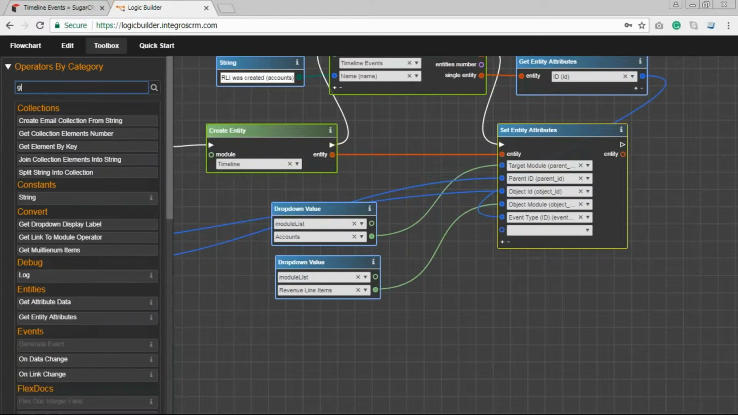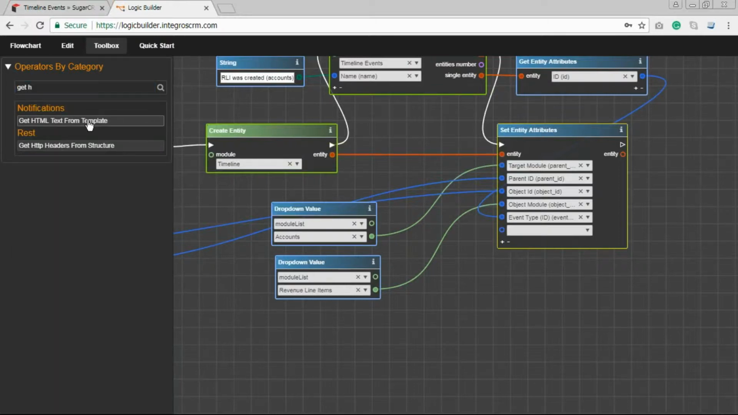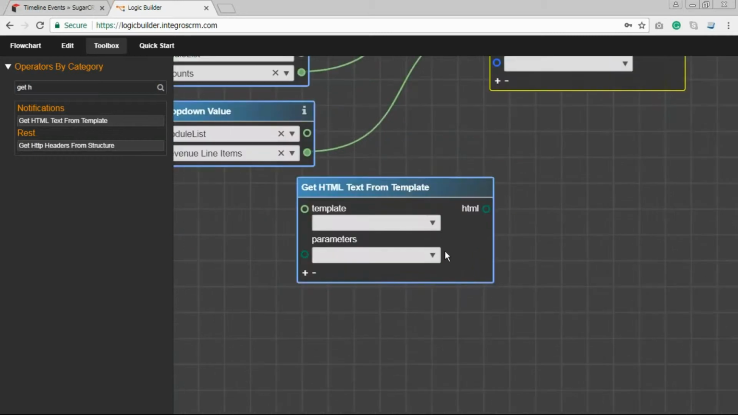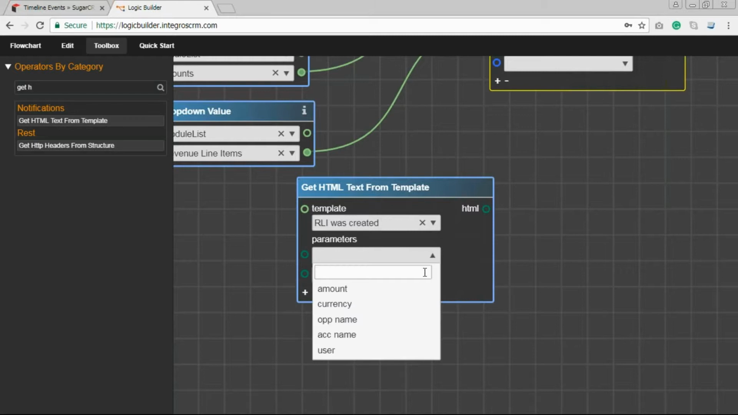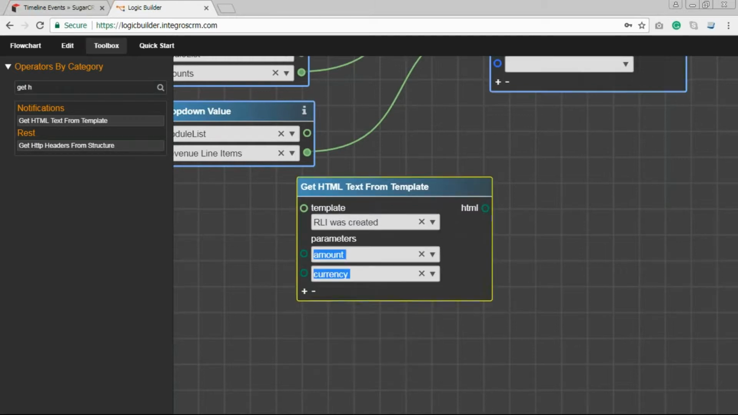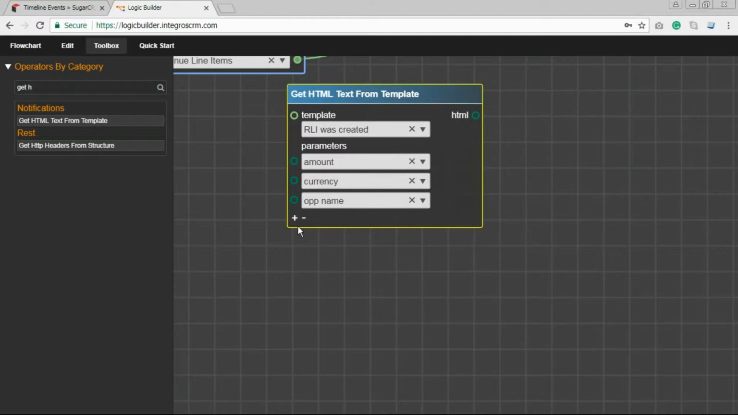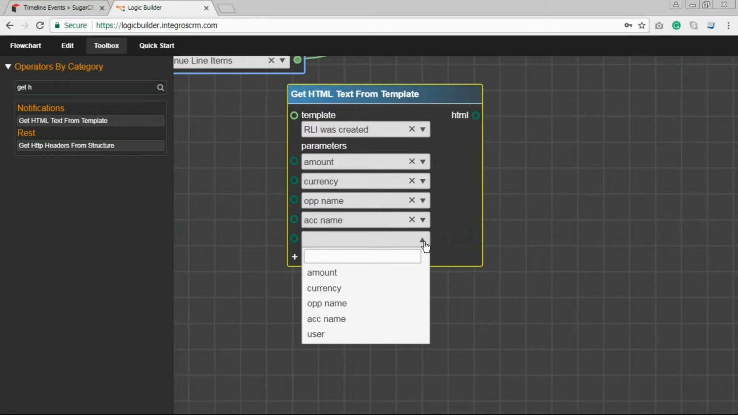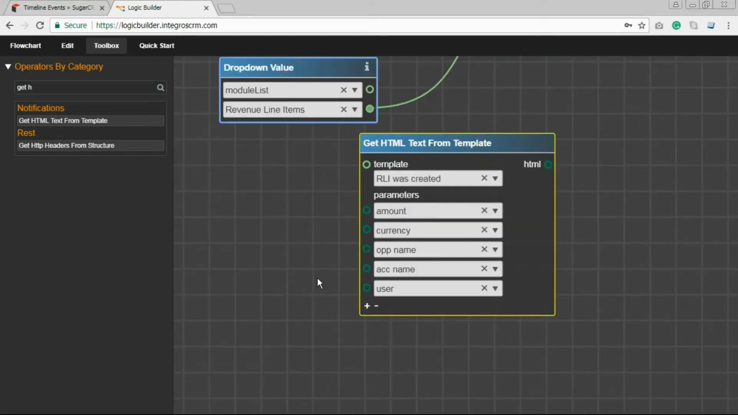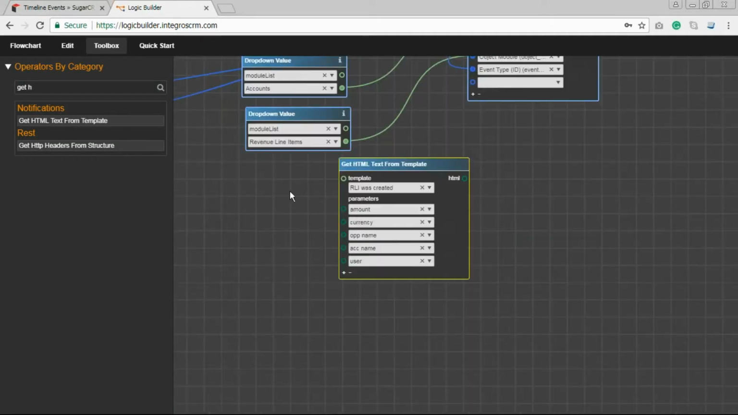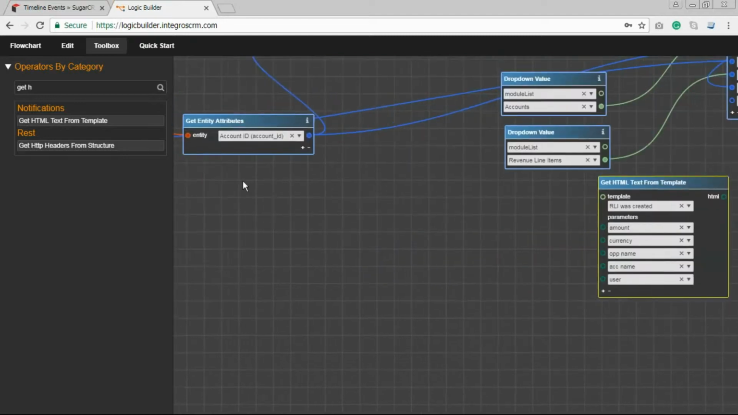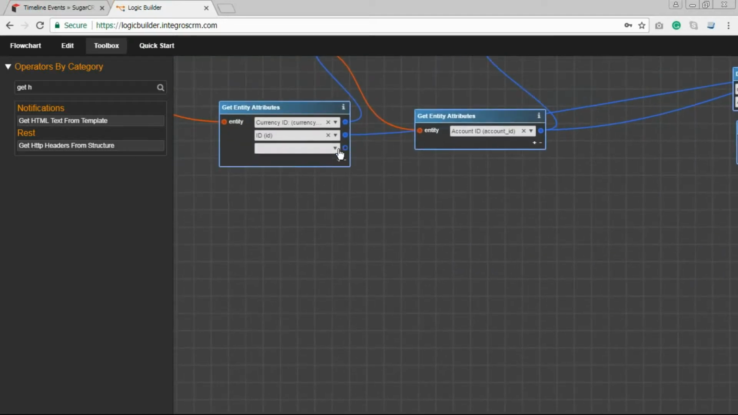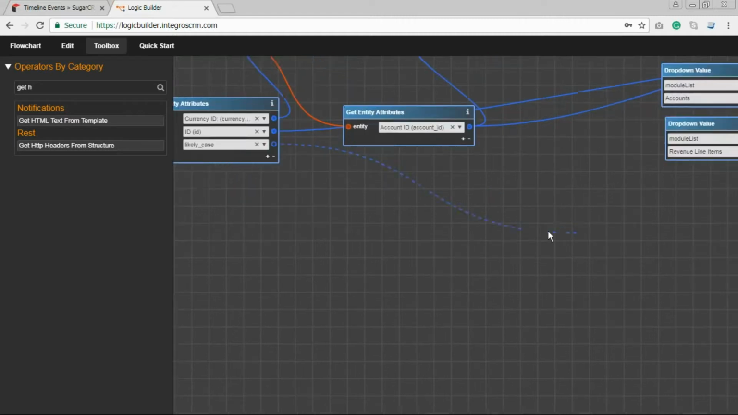When we want to process a template, we use the operator get HTML text from template. And here I choose the template that we created. Here it is. And here you may see all our variables that we defined in Sugar. So let's choose them all here. And now we need to bind these variables with fields from Sugar, like amount. Amount we can get from revenue line item. So let's return to fields from revenue line item and select, for example, likely case, and link it with the amount